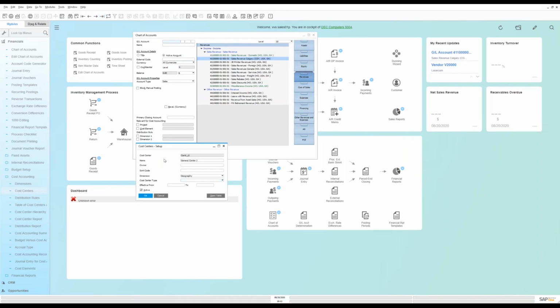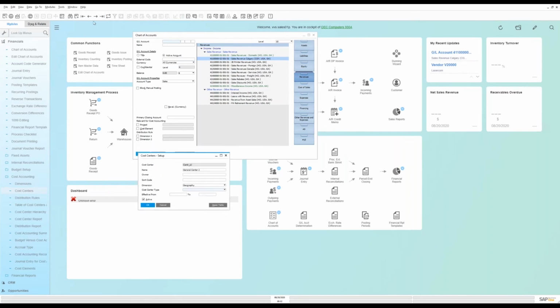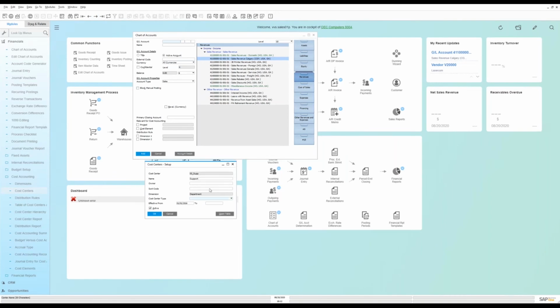There we go. So here is one that's assigned to this dimension that we called geography. And I can just go through these records. And here's one we called department. So there's a sales department, a development department, and a support department. Because these are freestanding, if I create a new department or a new geography in the future, all I literally have to do is go into my add mode and give it a number and a name,